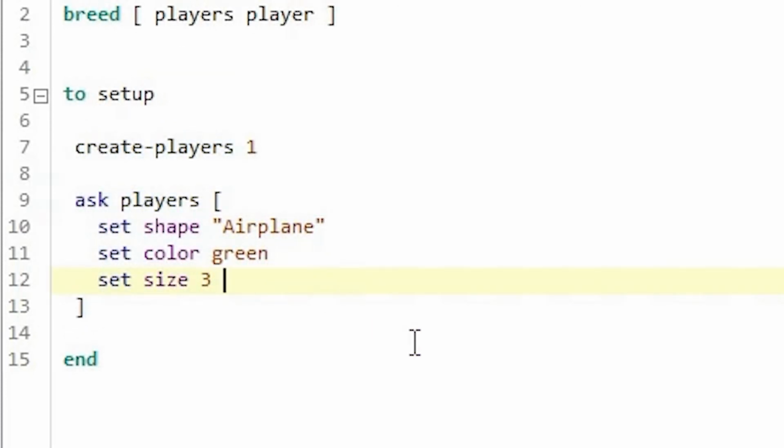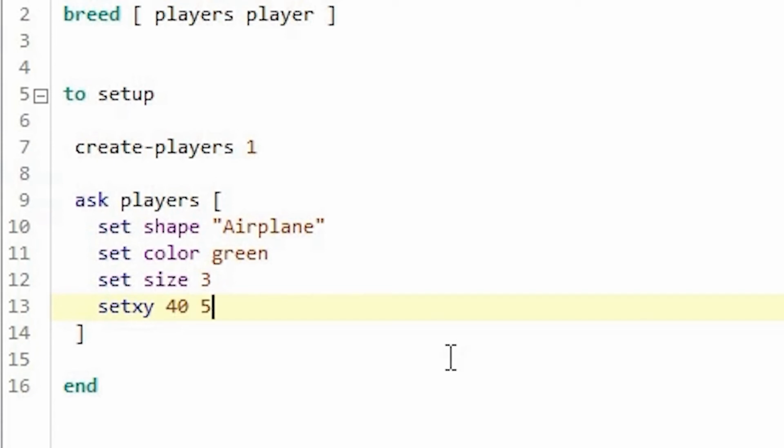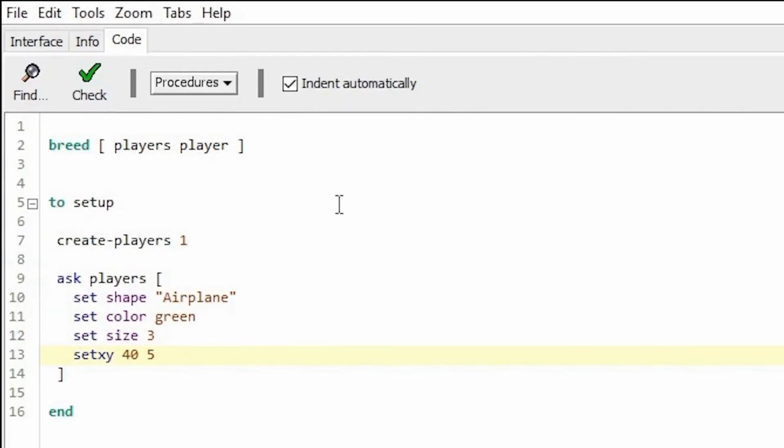So here I'm going to set my xy coordinates: my x coordinate should be 40 and my y coordinate should be 5, and let's see what happens now. As you can see, our aircraft is now located at x coordinate 40 and y coordinate 5,